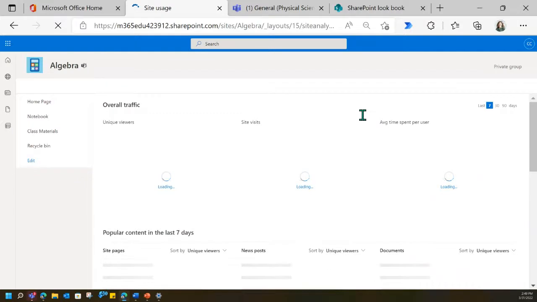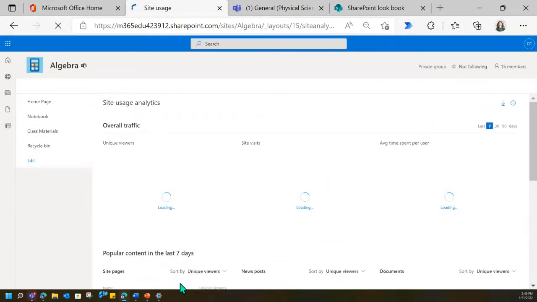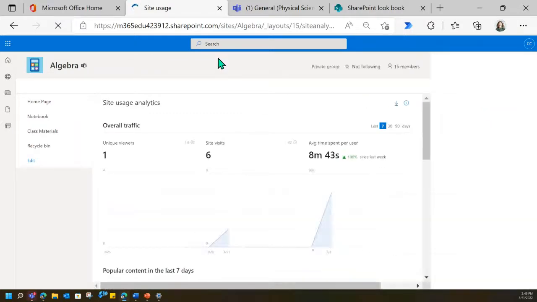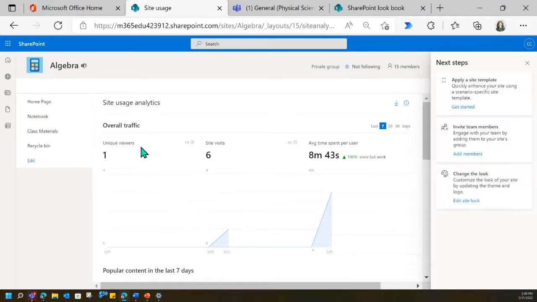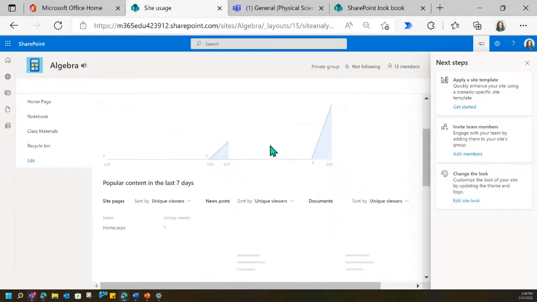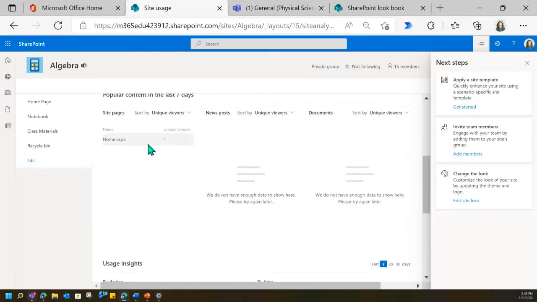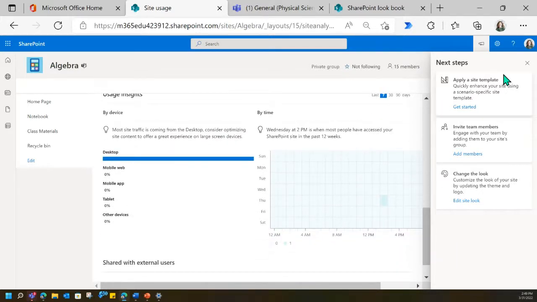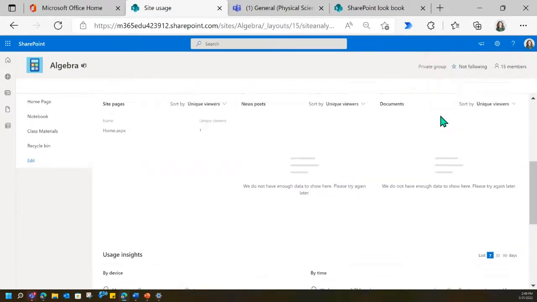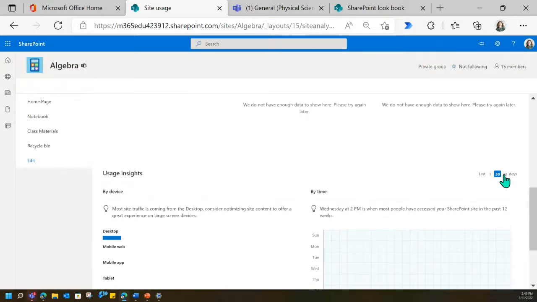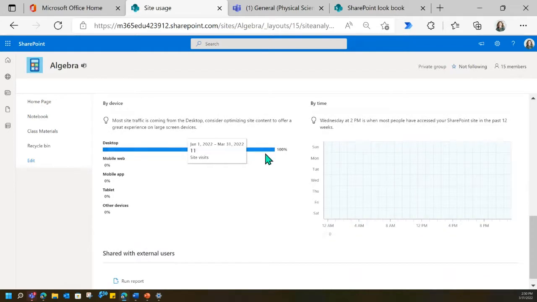This will give you some analytics about your site so you can better understand how people are utilizing it. The overall traffic, the site visits, the average time people are spending on this site, what pages are they looking at most frequently, documents and stuff. I don't have a ton in here because it is a demo account, but you can also see things from like 30 days, 90 days,